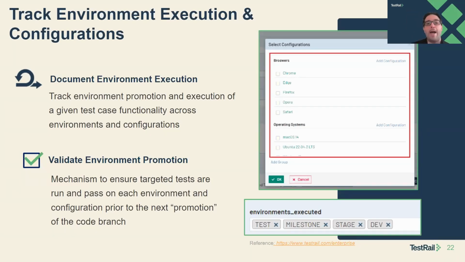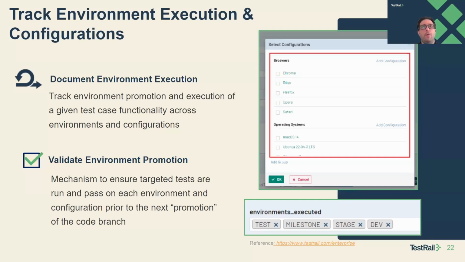Having the ability to track this and know that our tests have been running all through both the milestone promotion cycle of environments, but also across all the configurations, it can be hard. And usually that may be where we find issues. Well, I ran automation on Chrome, but the latest browser version or Safari, it doesn't work. We have a requirement that it's browser agnostic. So it passes on Chrome, fails in Safari. We didn't run it in Safari. Now we have a bug.